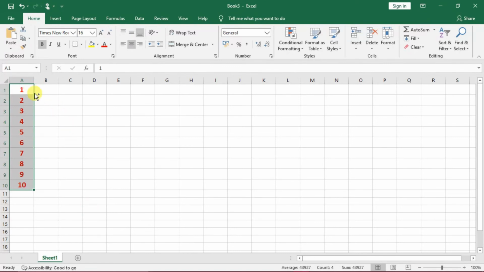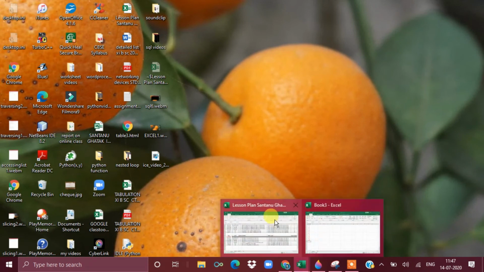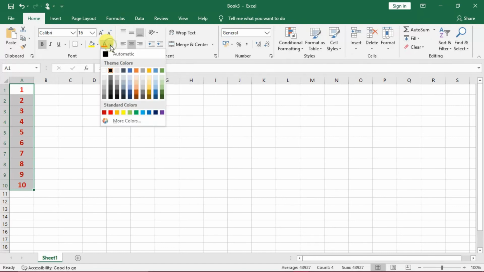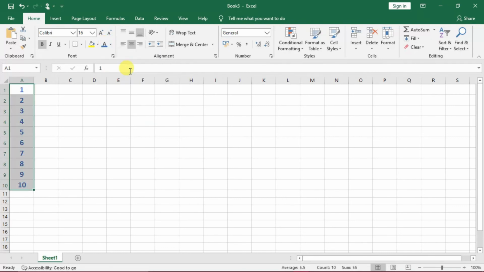So we have seen that. Now suppose if anyone wants to type the multiples of 5, how will they do it? We will once again come back over here, and we have seen how it is functioning. You can see the rest of the options out here. If you want to highlight this one, then rest of the formatting job you could do over here. Easily this can be selected, and you can change the font color also by choosing this one.